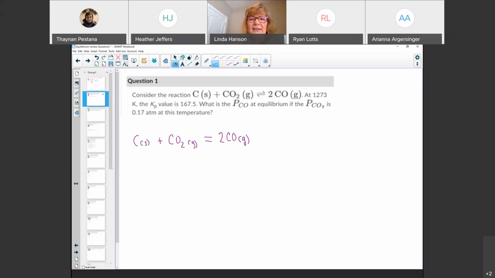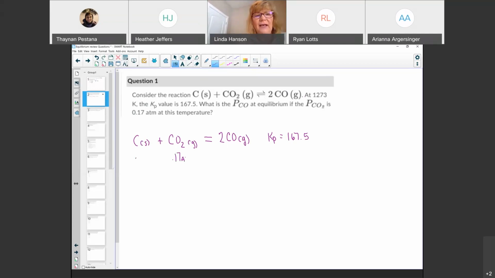Okay, and it says at a certain temperature, 1273 Kelvin, the Kp is given to us as 167.5. What is the partial pressure of carbon monoxide at equilibrium if the pressure of CO2 is